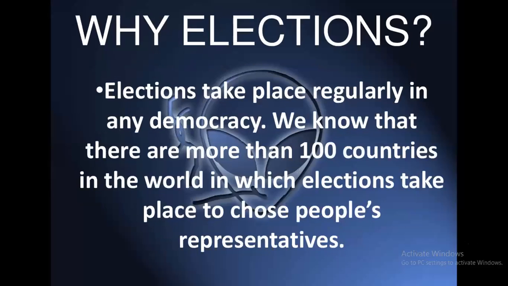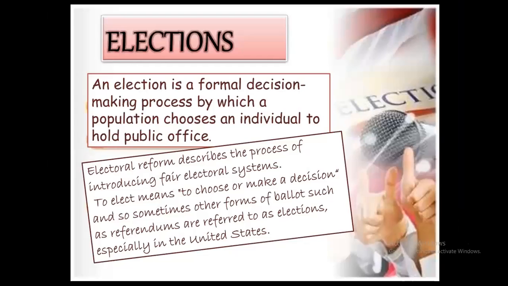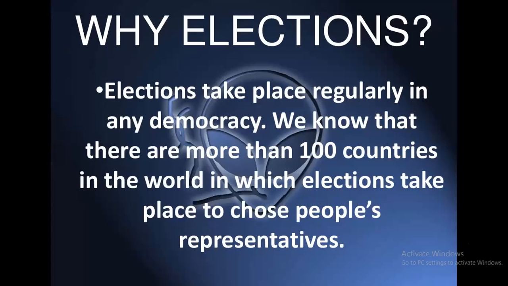So I believe whatever points we have completed, we understood that. First is, what is election? It is a formal decision or a process wherein the population chooses the individual to rule on behalf of them. Why do we need elections? Because all the people sitting together and taking decisions is not possible because we are in a large community. So we want a representative on behalf of us who is going to rule the country or the government.